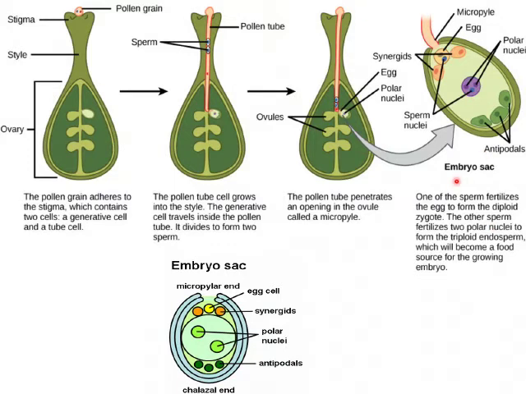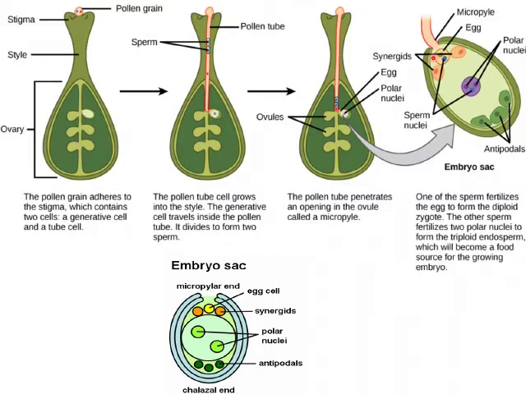Now eventually the flower wilts off, the petals and all fall down. That is, the wilting of the flower takes place. And what remains are the ovules, or the ovules develop into seed. Finally, the ovule is going to develop into a seed, whereas the ovary will get converted into fruit. So ovule develops into seed and the ovary develops into fruit after the process of fertilization is over. The seeds will fall down on the ground when the fruit breaks up, and later on, whenever the conditions are favorable, the seed will germinate and give rise to a new plant.